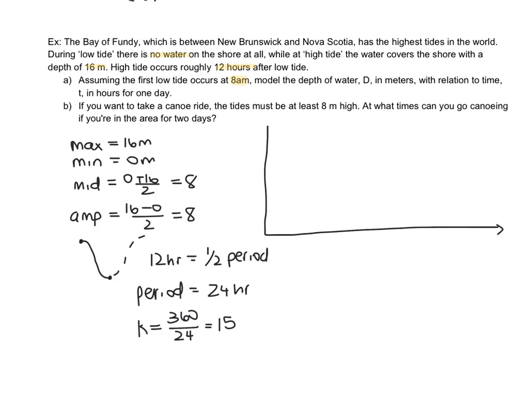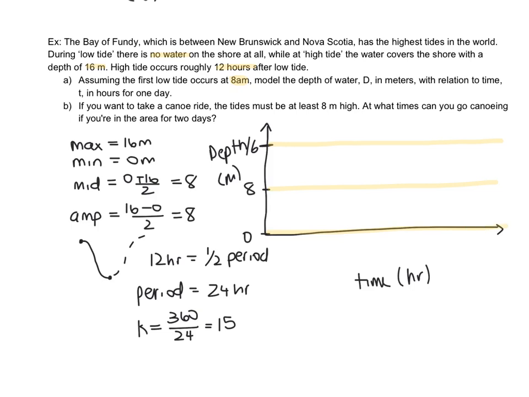And I know I'm going to have time in hours on my x-axis, and I'm going to have the depth in meters on my y-axis. And now I can label a few things. So I know my minimum is going to be at 0. I know my maximum is 16, and I will also label my midline. And while I do that, I will just highlight those lines just to make it easier for me